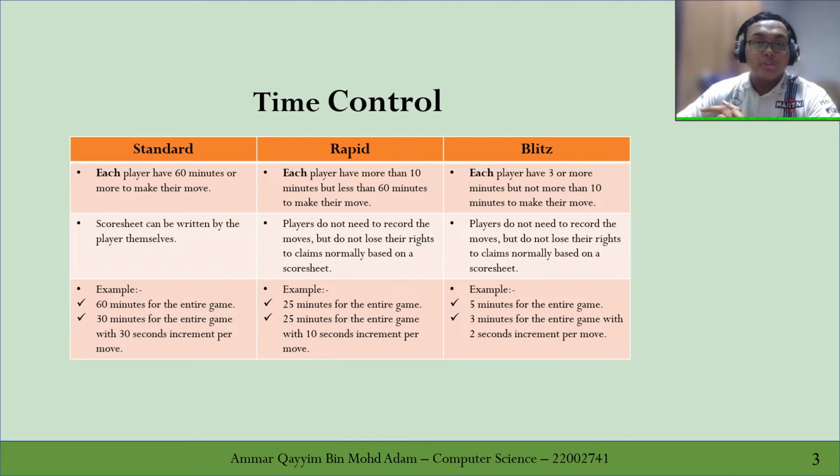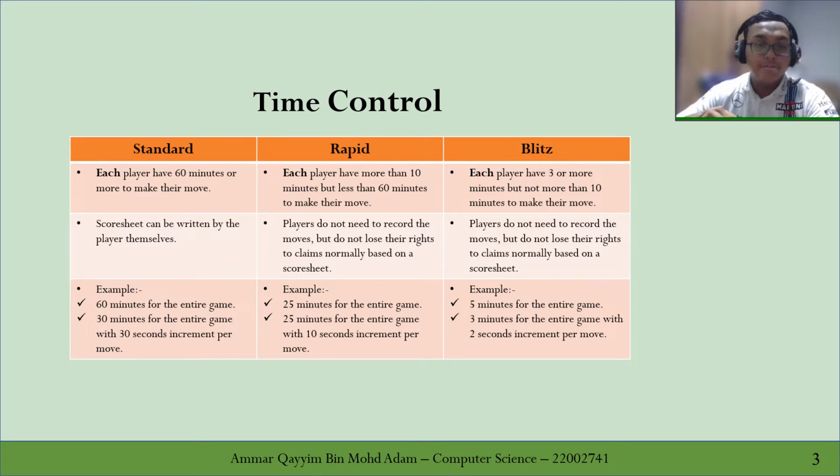What is a time control? A time control describes how much time a player gets to make their moves, and there are a variety of time controls, but generally there are only three types, which are standard, rapid, and blitz. According to the FIDE laws of chess, standard is where each player has 60 or more minutes to make their moves. For example, they have 60 minutes for the entire game, or 30 minutes for the entire game with 30